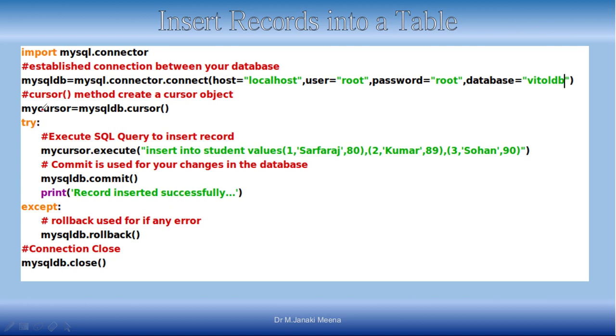And except. See, this try except we have seen in the previous week about exception handling. So when something unexpected happens, if the table name is wrong or something, then an exception will be raised. So when an exception is raised, this particular block of code will get executed. What it will do here is just roll back the command. So if it has initiated some changes in the table, then that will be rolled back. That is what is given here, rollback, right? If it is successful, we will commit. If it is not successful, then we have to roll back, and close the database connection in both the cases, right?